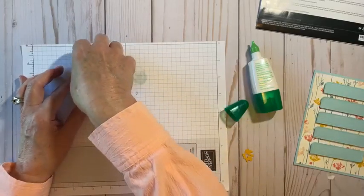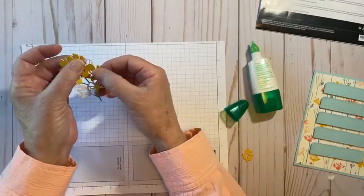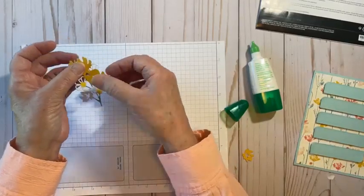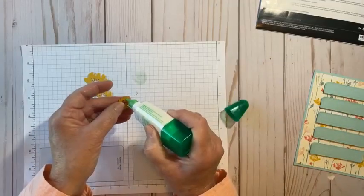Normally I would be doing anything glue based on my silicone mat, which is in the order that should be arriving later on today. Our little Lucy chewed up my silicone mat, so I had to reorder one. You know, labs, what can you say? Anyway,